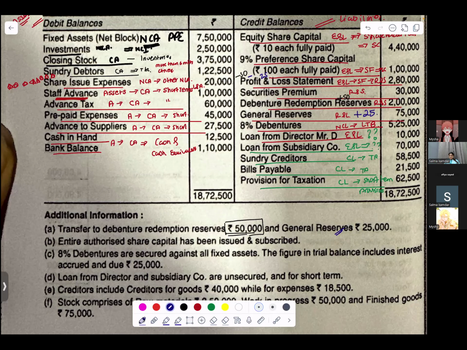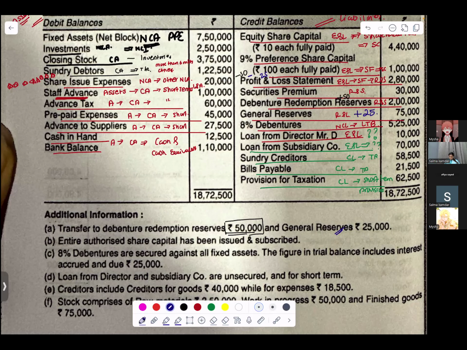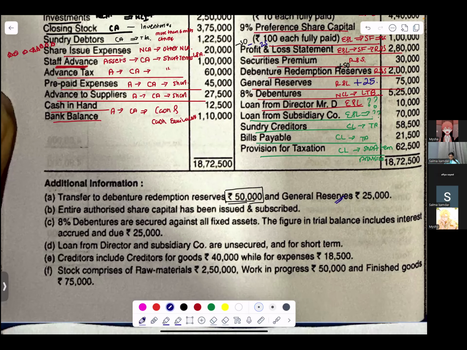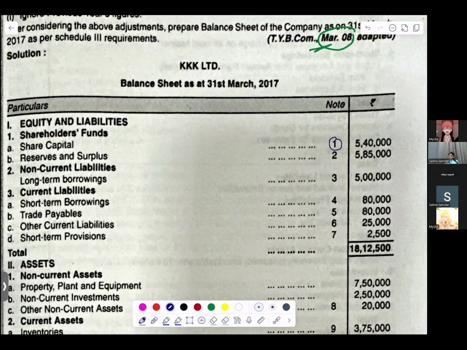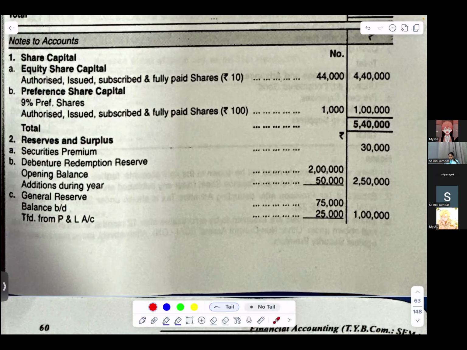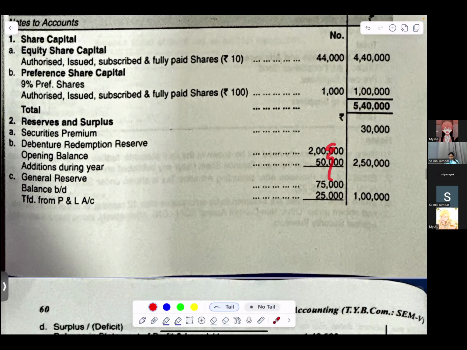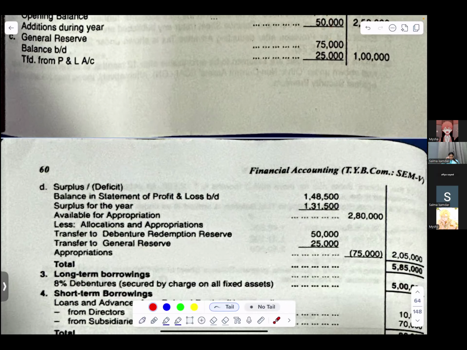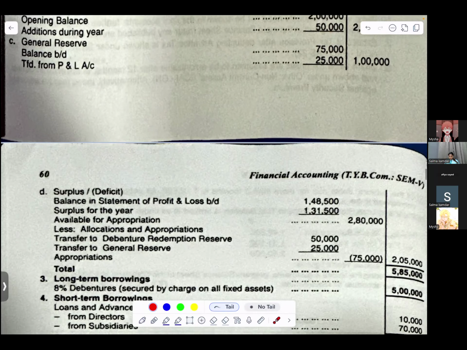Okay, fine. Then you have debentures are secured by fixed assets. Miss, this will not go to notes to accounts, no? For this you have to make a separate profit and loss statement, no? This first one, this entire working will happen in reserves and surpluses, right? You will make one notes to account here, second reserves and surplus, and this entire adjustment is happening in reserves and surplus. Please check, because in the previous one, a separate profit and loss statement is made. Just check how this is happening.